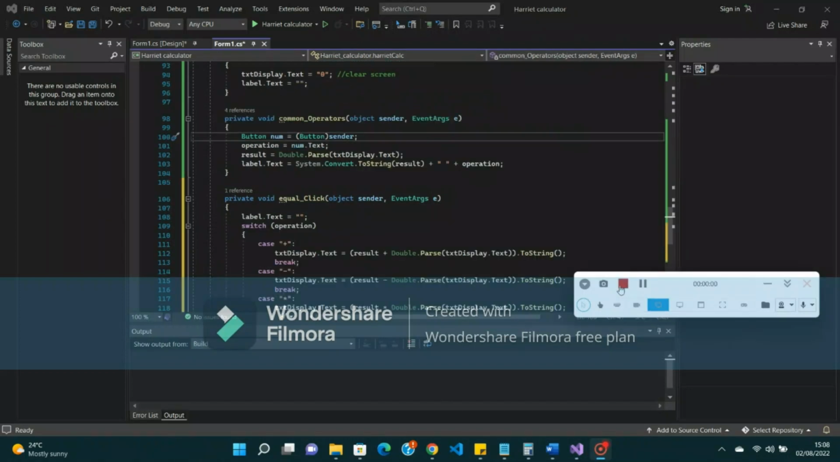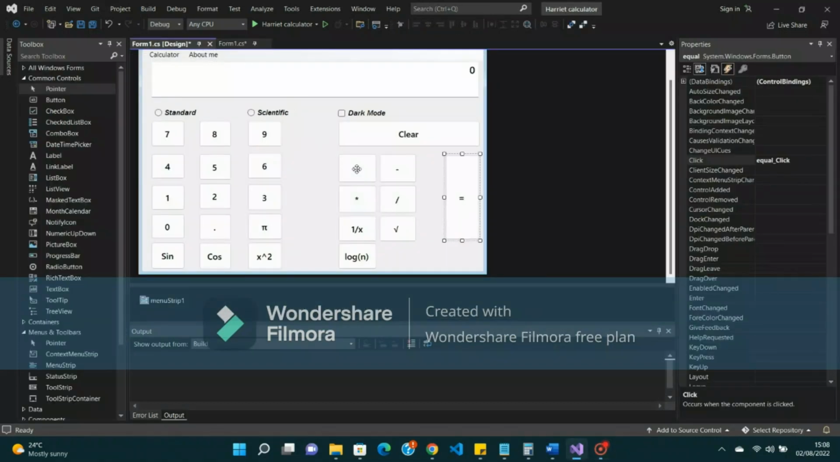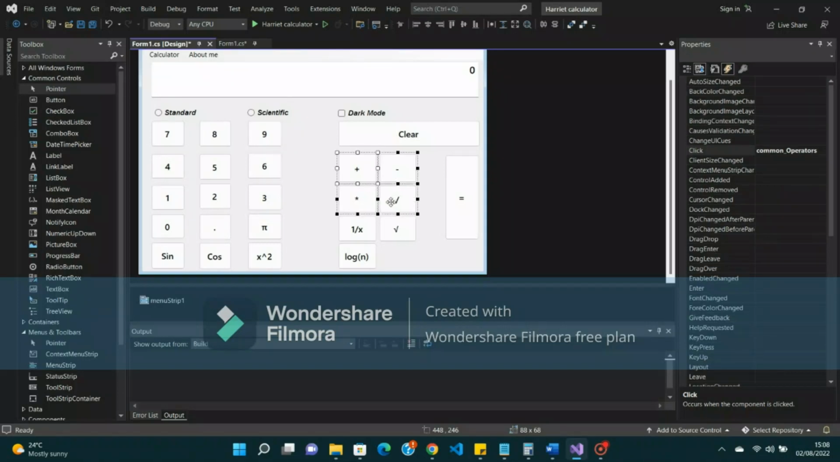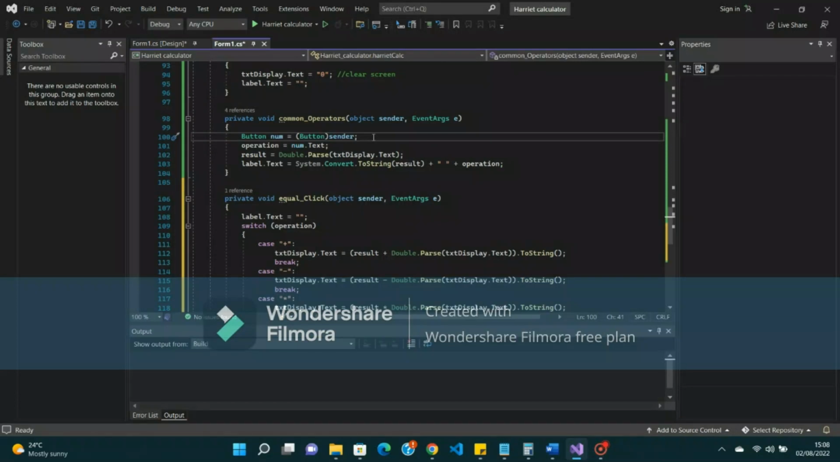Now looking here, I made a collection of common operators which are commonly used on any calculator. That includes the plus, minus, division, and I gave them the click event common operator. When we go to the function, you can see I created an object which once again will capture the event that you've clicked on any of the buttons, and I made